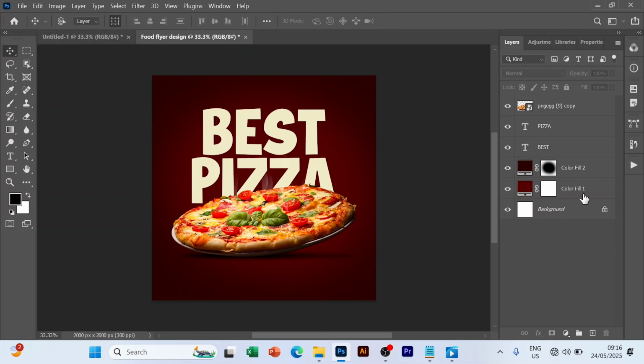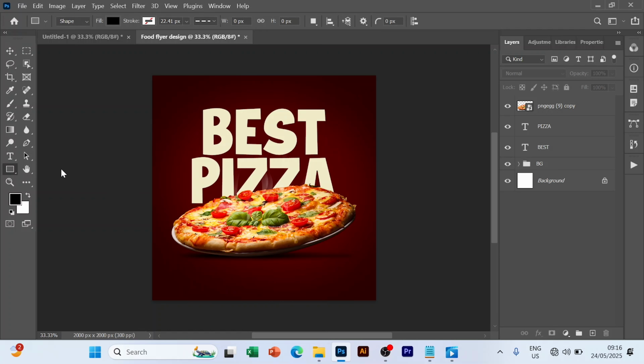Now I'm going to group this one. Let me group this part, Ctrl G, then I'm going to name it PG background. So for now, let me leave it like this. I'm still going to work on this later on, and I'm going to go to our rectangle tools, then I'm going to draw this